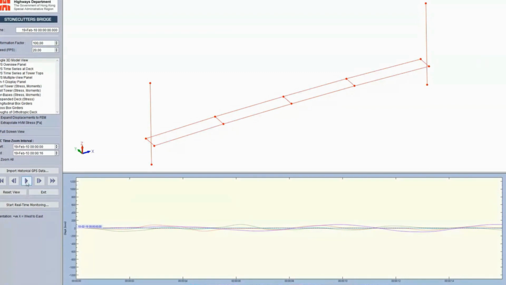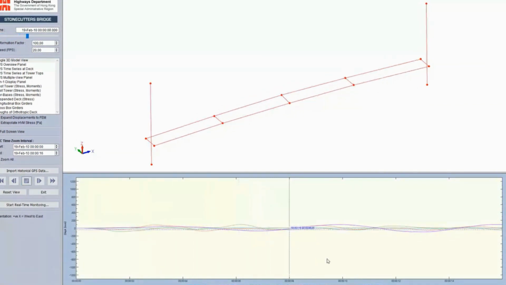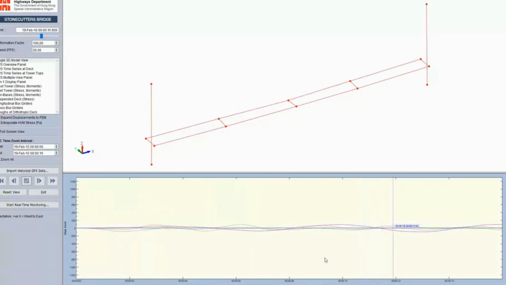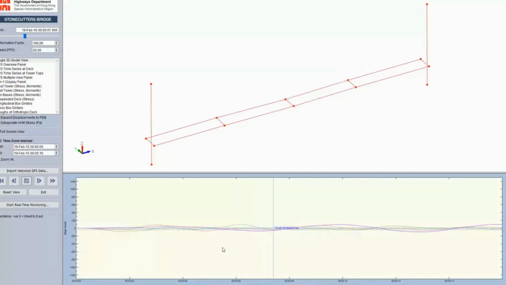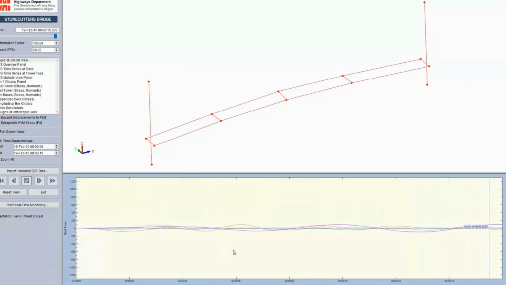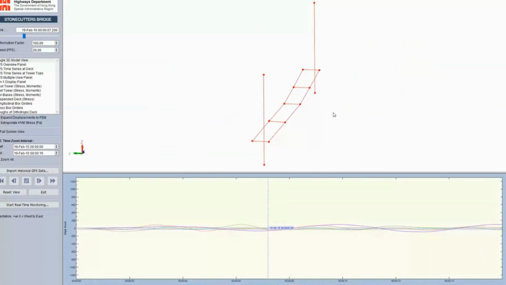So I can now start an animation loop. This is, of course, a demonstration. We are looping over this short recording, 15 or 16 seconds,